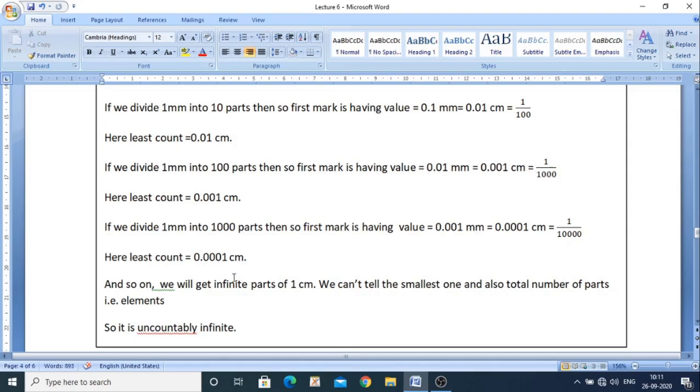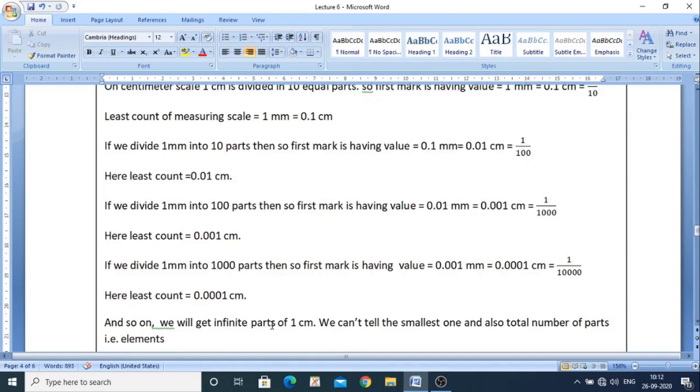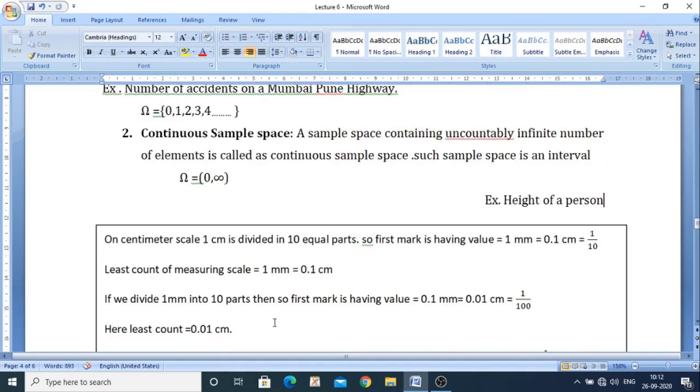To understand this concept of uncountably infinite, we have another example, a line segment. Whenever we have a line segment, suppose there are 2 points A and B on the line. In that segment AB, from A to B, there are infinitely many points, and which is the nearest point we don't know. So it takes all possible values within that line segment. So that is also uncountably infinite. This is an example of how continuous sample spaces are uncountably infinite.